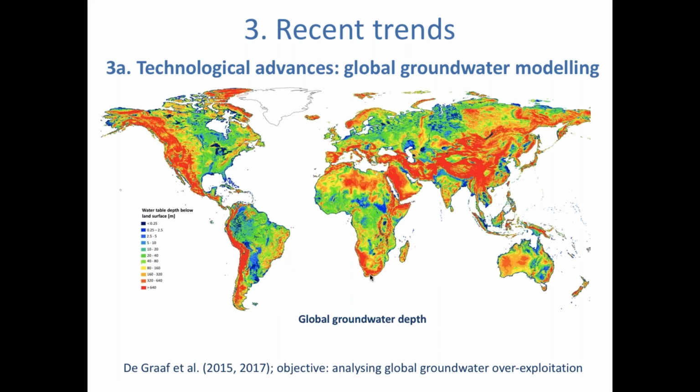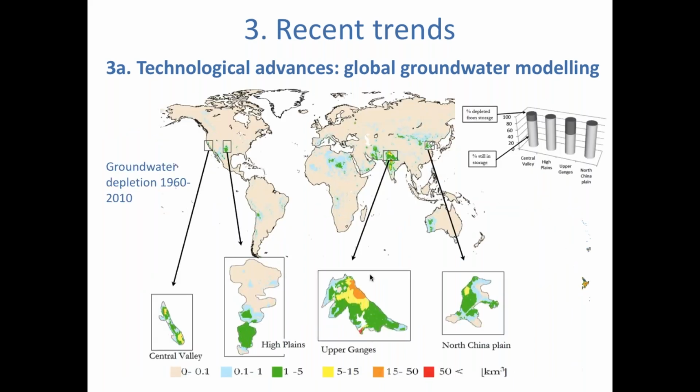With that, we can also estimate the global groundwater table. This is groundwater table depth at 10 by 10 kilometers globally. But more importantly, we can also start to do analysis on, for instance, the impact of groundwater abstractions, over-abstraction actually, on groundwater depletion. And this is the amount of depleted groundwater in cubic kilometers for the different pixels of some of those heavily over-exploited areas, like you see part of the Ogallala aquifer here, and also the Central